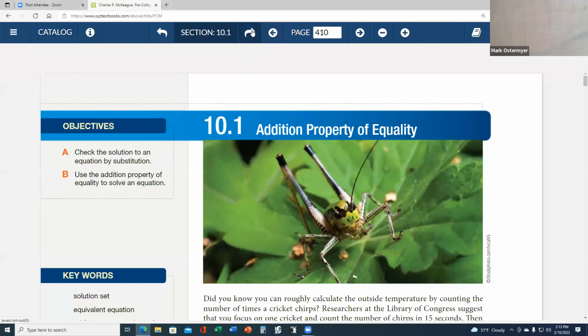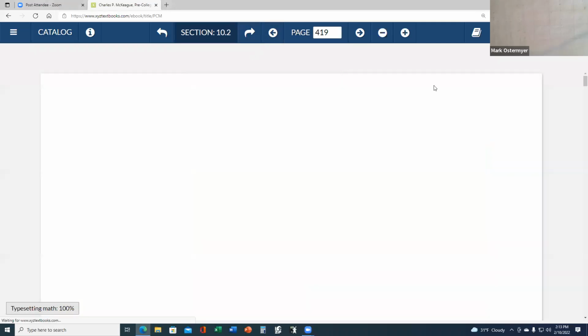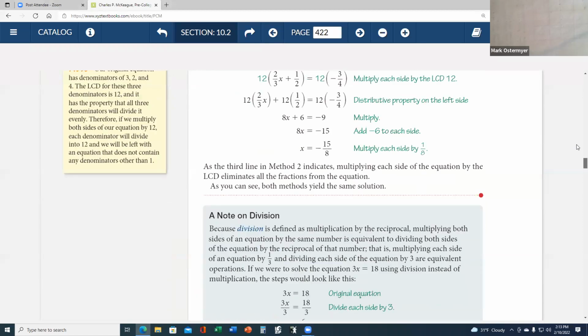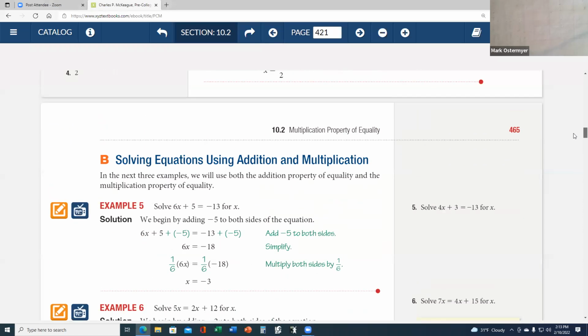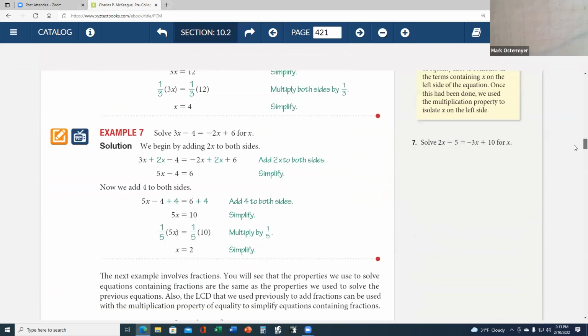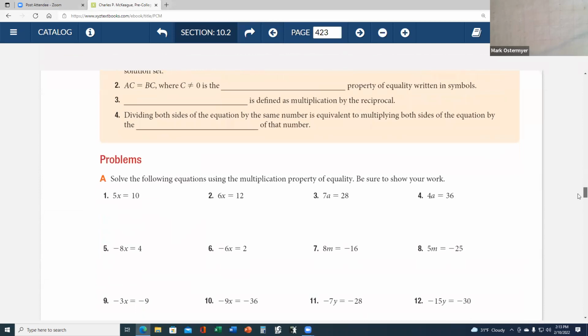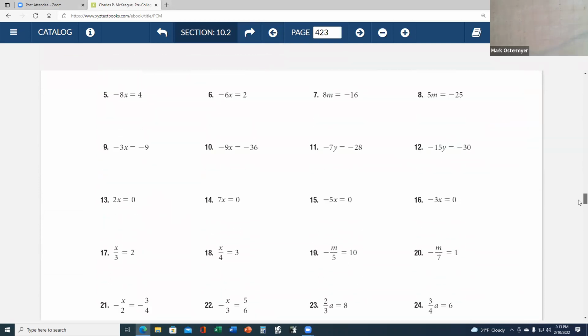All right, let's see what else we got here. Let's go to our textbook and go to section 10.2 and just solve some more equations in the time remaining. We don't have much time left. Oh, by the way, how many of you actually look at the examples in the book? I would recommend you take some time to study over some of these examples, ladies and gentlemen. I think it can only facilitate you